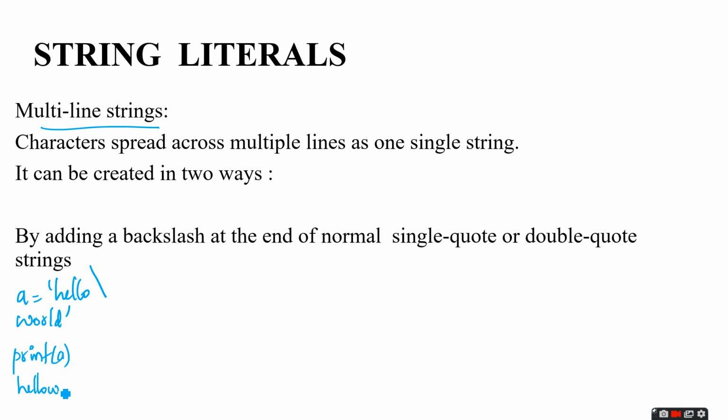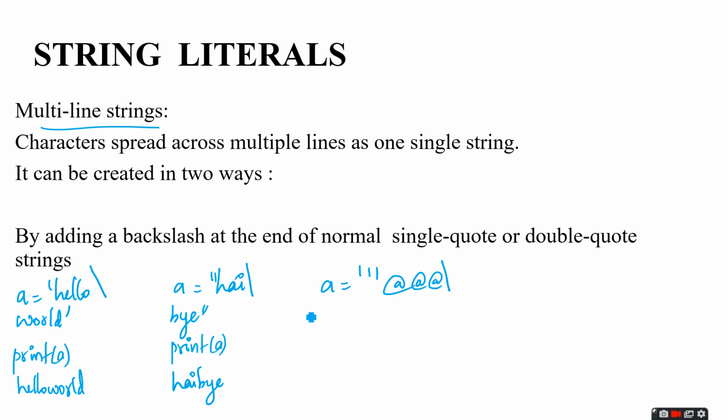Hello world. Next example. A equal to, inside double quotes, hi, then a backslash at the end. In the next line, I am writing bye. Now print A. The output will be like hi, bye. Now see, next example. A equal to, inside triple single quotes, we can write